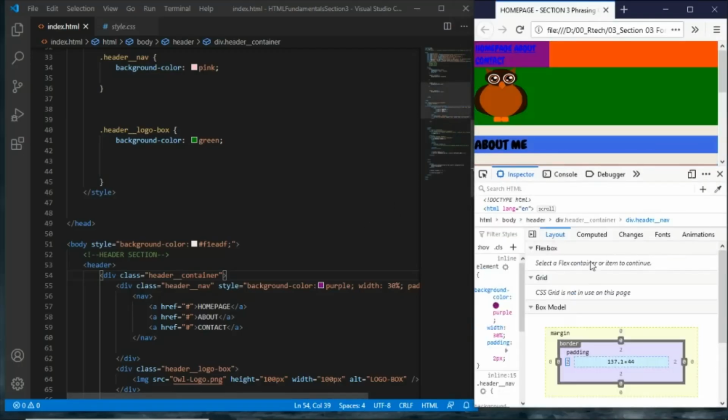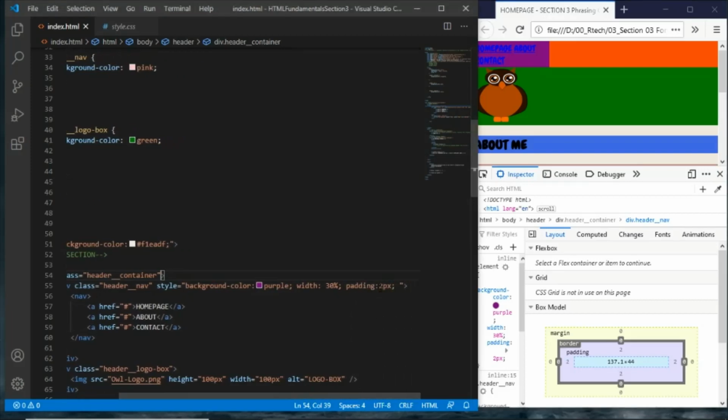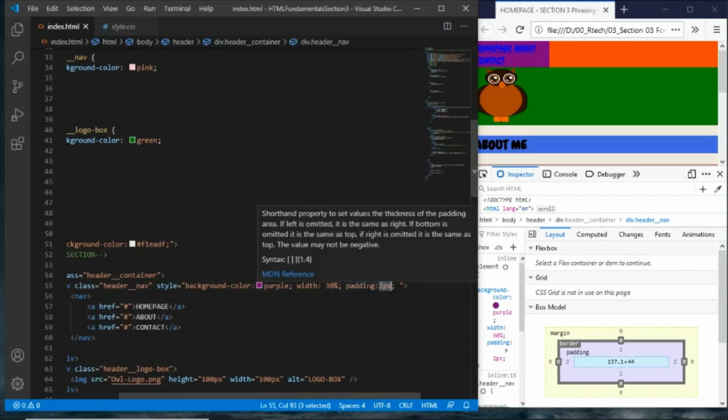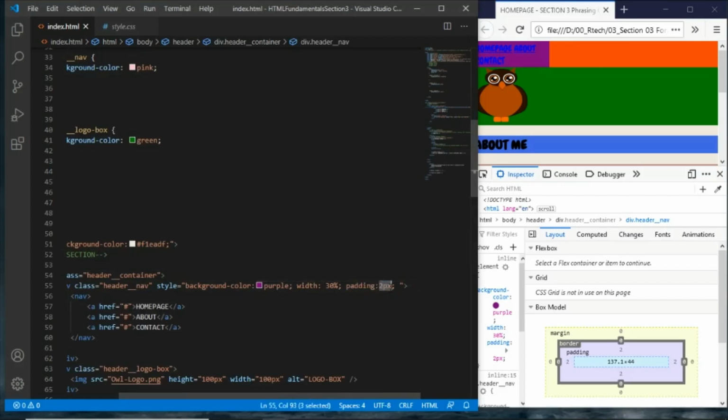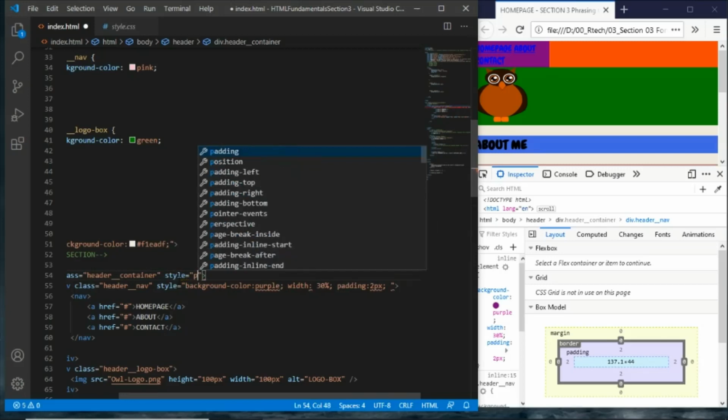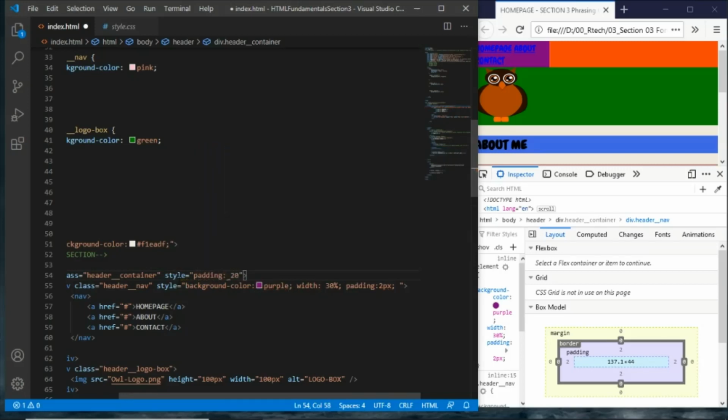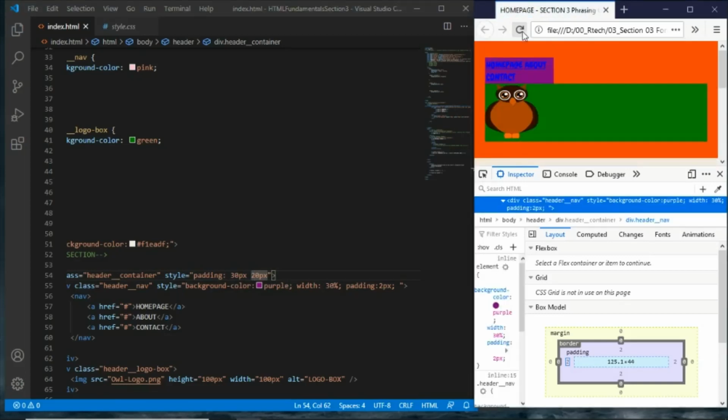Let's try to apply the two values. So we used a single value here, a value of 2 pixels for the padding property. What I would want to do here inside of the header container is to apply a property value for the padding with 2 declarations. So let's say 30 pixels from the top and bottom, and 20 pixels from the left and right. If we go and refresh this, you would see that